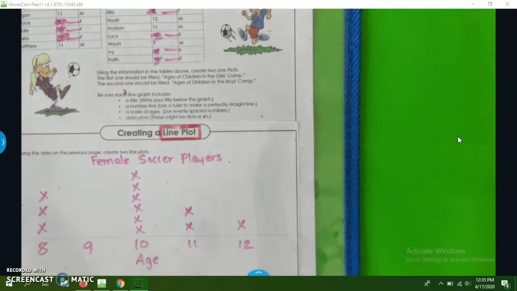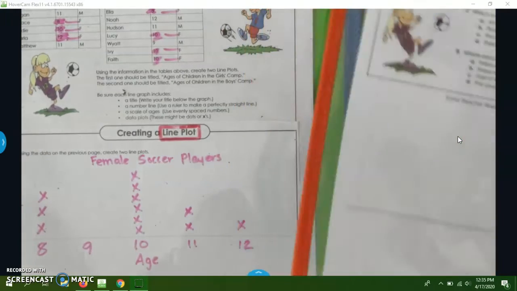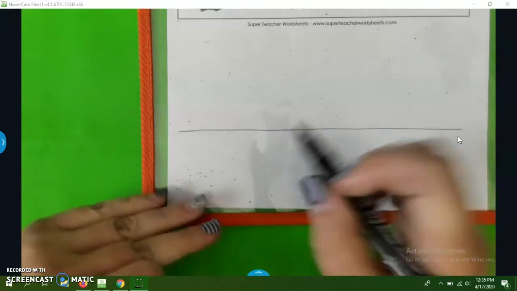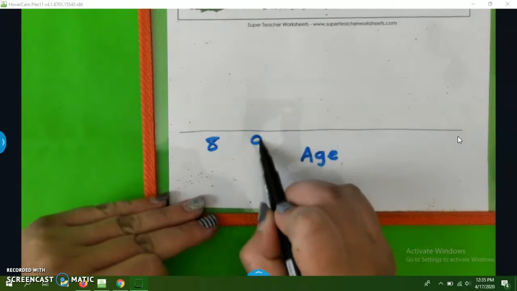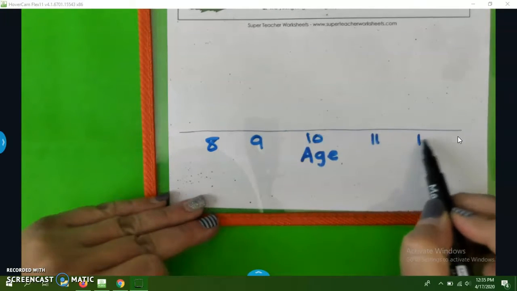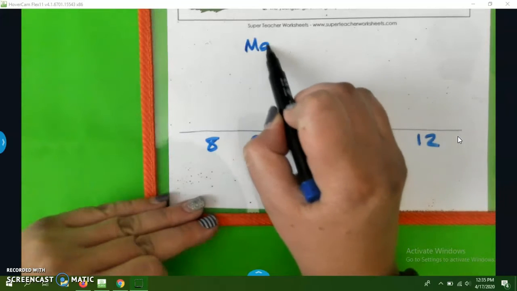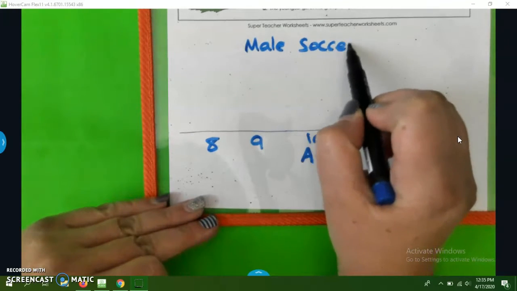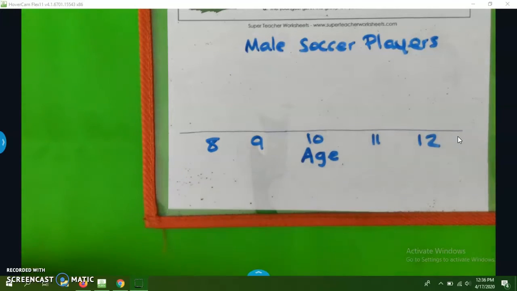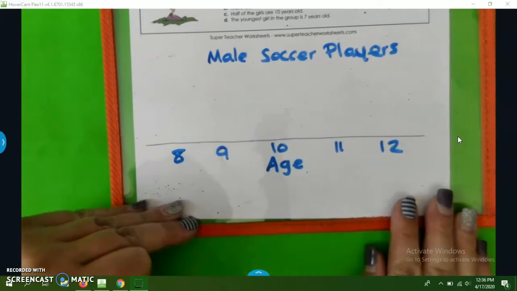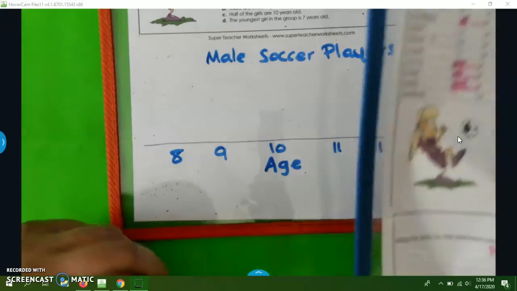And so I'm going to take this, move it over here for us. And now we're just going to do the same thing, but we're going to look at boy soccer players. And so we're still going to have their age down here. And the ages still are ranging from 8 to 12. And we're going to put male soccer players as our title. Very important that we know what our line plot is showing us. And then we can count from there